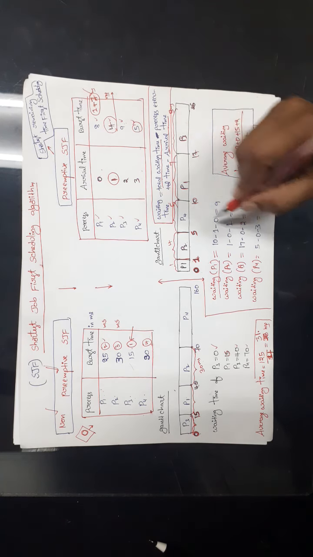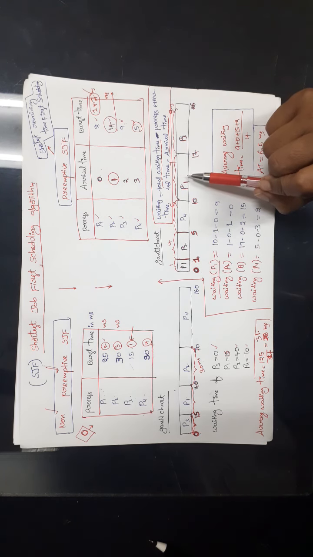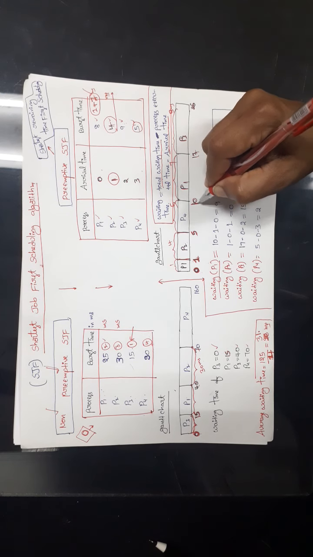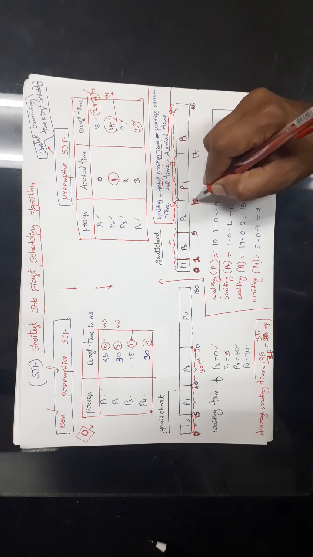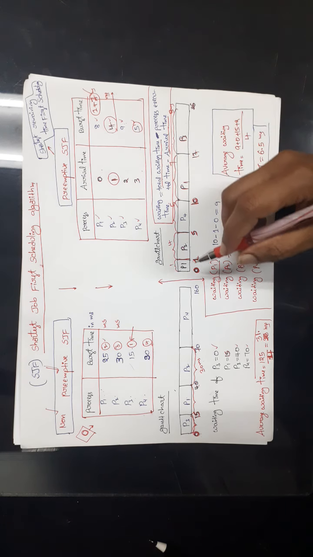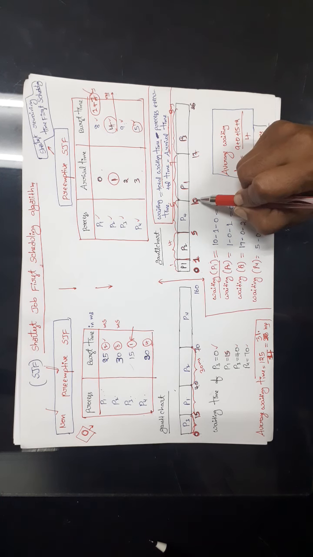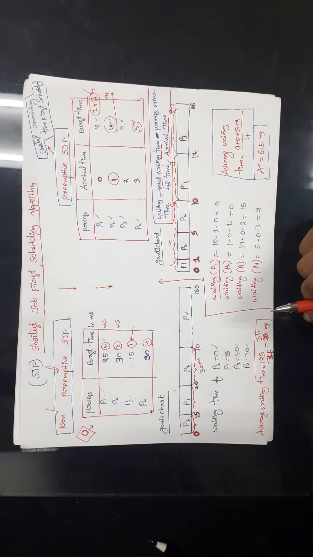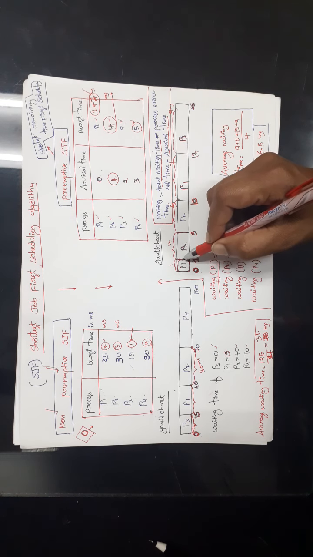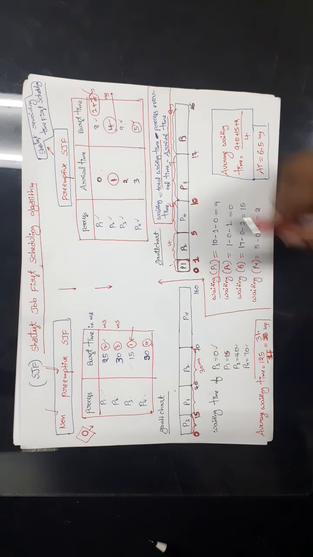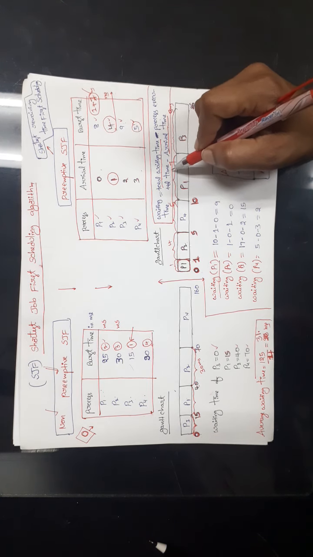And the next one is, if you observe, P1 has got one slot here and another slot here, right? So it looks like it has waited for 10 milliseconds, right? But before that, it has also executed for 1 millisecond. That means it has not waited for 10 milliseconds, it has waited only 9, because it has used the CPU for 1 millisecond. So from the total waiting time, we have to subtract the process executed time.